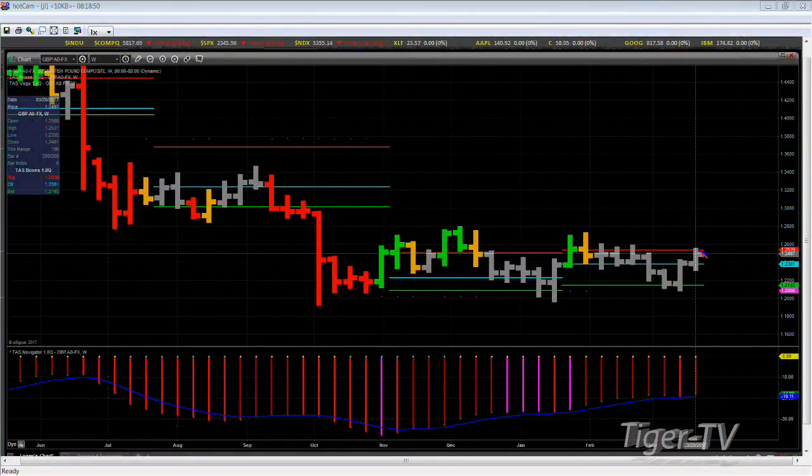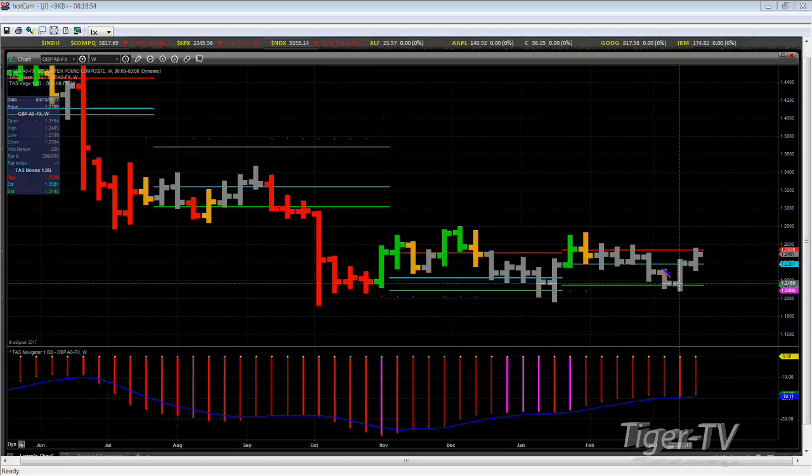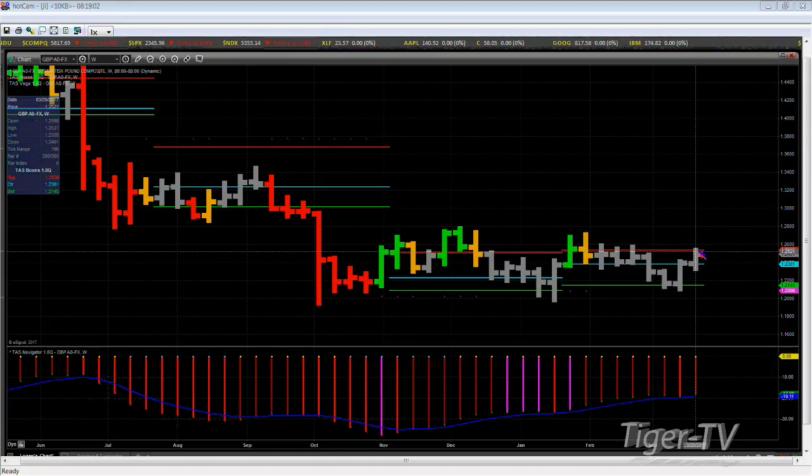Here's the British pound, 125.39. Top of the box weekly, bottom of the box at 121.45. So I think John from Philadelphia was probably correct about trading that on the long side. I mean, that was 400 pips, man. Woo. All right, so right now, if you did that, you've got to be looking at some resistance here.